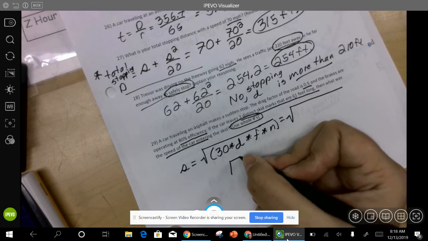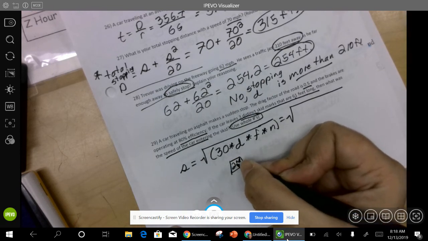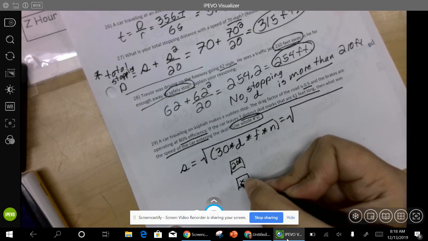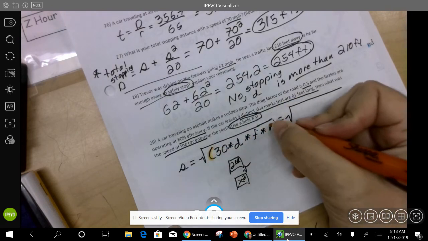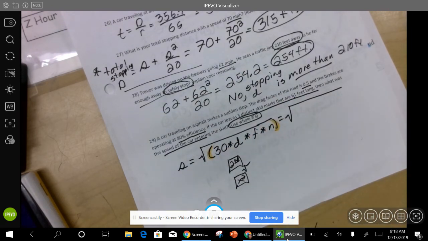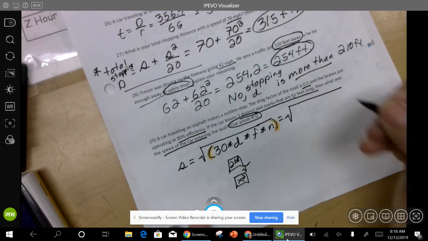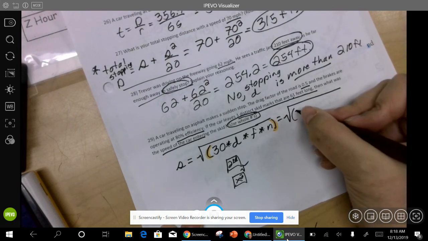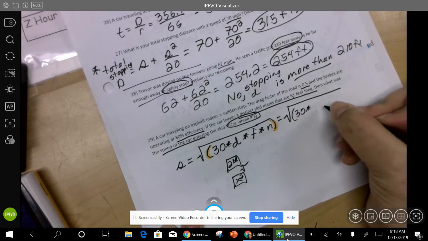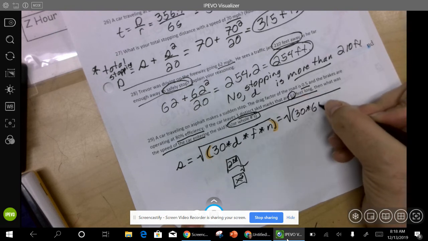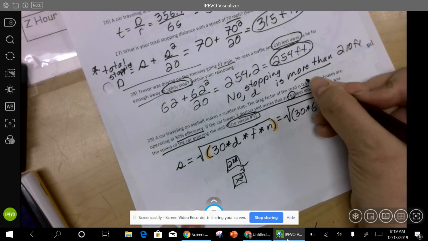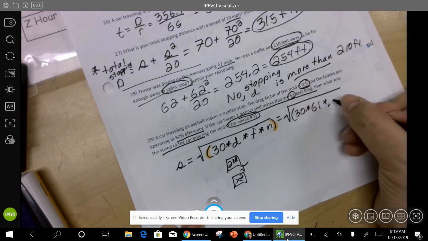Okay, on the calculator, everybody remember it's second, X squared to get this. Also make sure, everybody, that you do the parentheses, so that it will do that for you. So it's going to be 30 times 61 times the drag factor, so 0.5